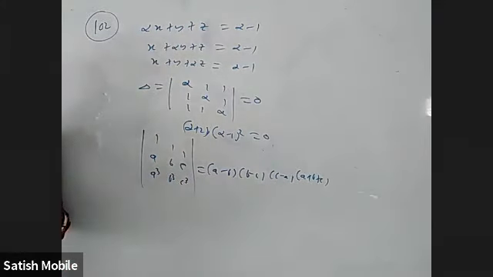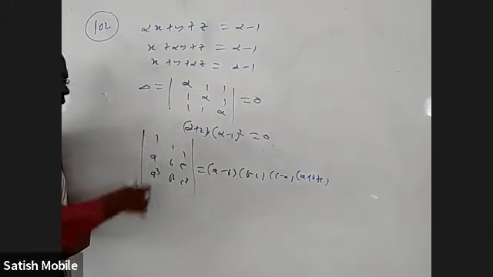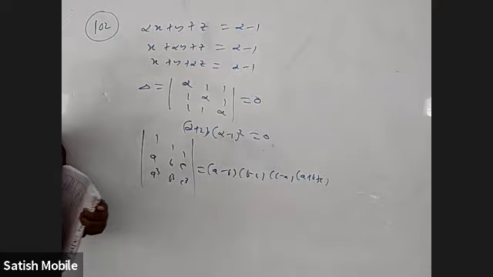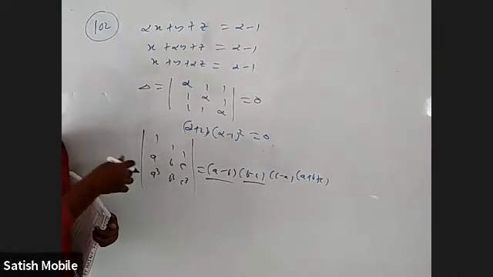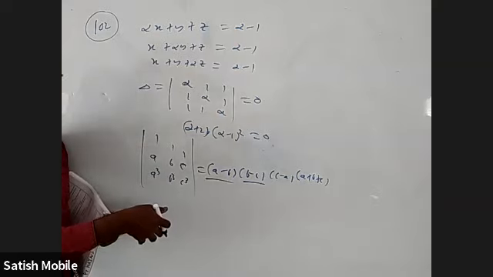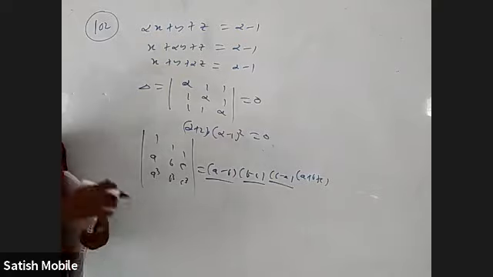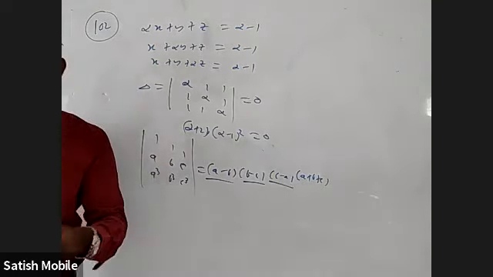Okay. How is that? If you put a equal to b in this expansion, two columns are same, that will be 0, right? There is an algebraic expression, by putting a equal to b, that expression became 0, means a minus b is a factor. So directly a minus b should be a factor of this. B minus c also should be a factor of this, because if I put b equal to c, two columns are same. C minus a also should be a factor of this, because when I put c equal to a, two columns are same. But if I expand this, every term, the degree of the term is 4.